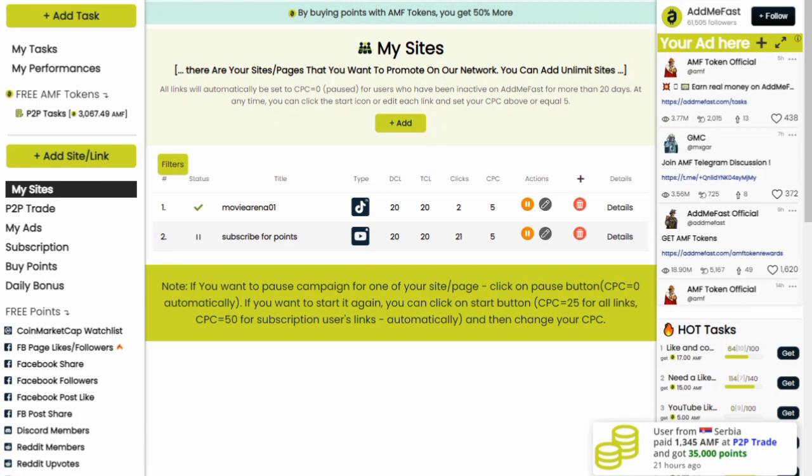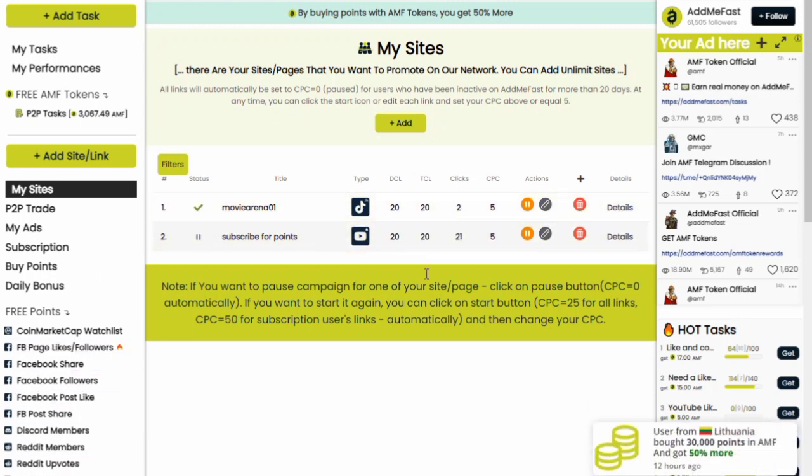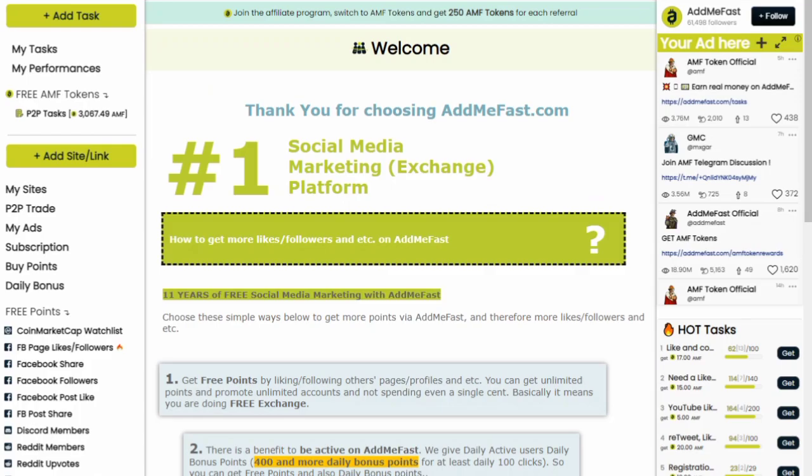Now you could see that the points here haven't increased. It hasn't increased because while people were clicking on it, I was still doing some tasks, which has also increased my points again. So along the line, you could also be doing some tasks, and then you could also increase your points as you are losing to others also. So you could see that I've been able to grow the channel in just some minutes. So you could use this software in growing your channel.